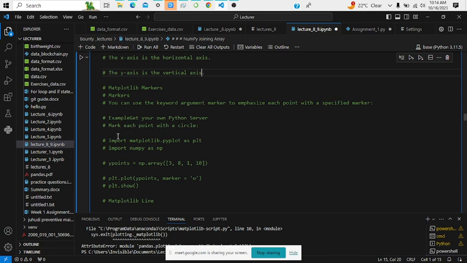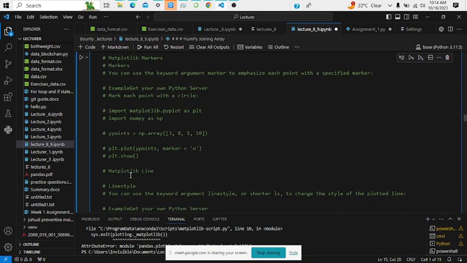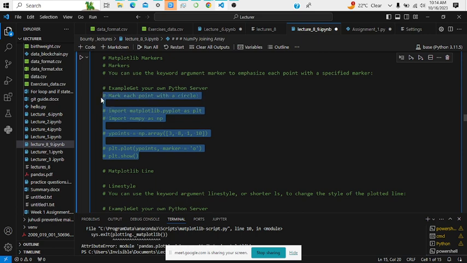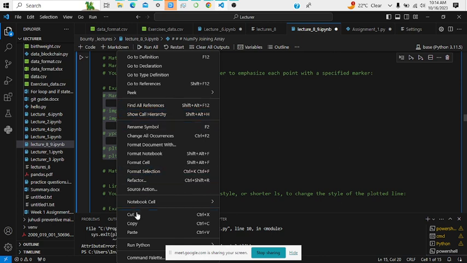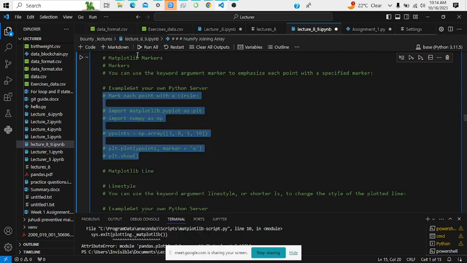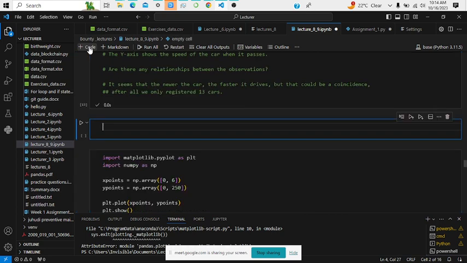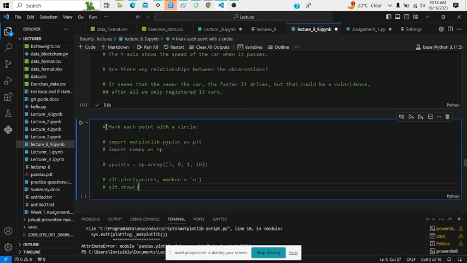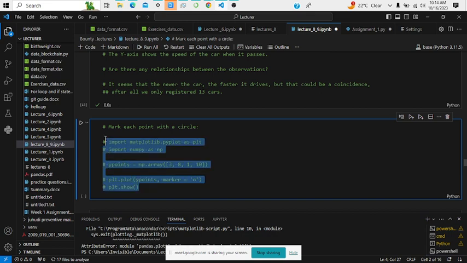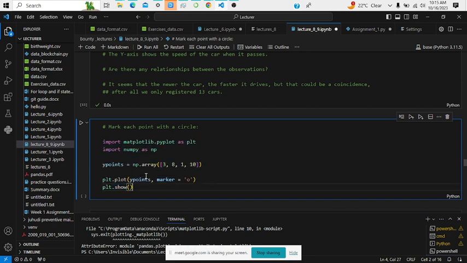At this point, we will just mark each point with a circle. So let's just see this. It's a good example. So let's have this example here. At first we have the y points,